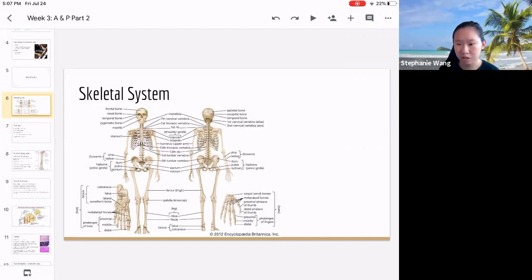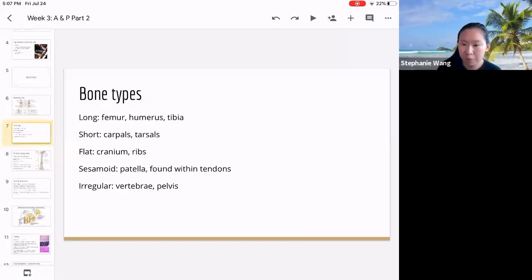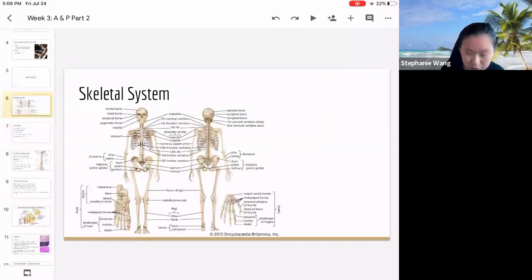Tibia, femur, those are all correct. Good job, everyone. So the long bone characteristics are that the length is greater than the width. So it's kind of rectangle or string shaped, or like a long tube shape. But let me know, you see these bones in the fingers, the metacarpals, and the bones in the toes, the metatarsals? Let me know in the chat if you think those are long bones or not.